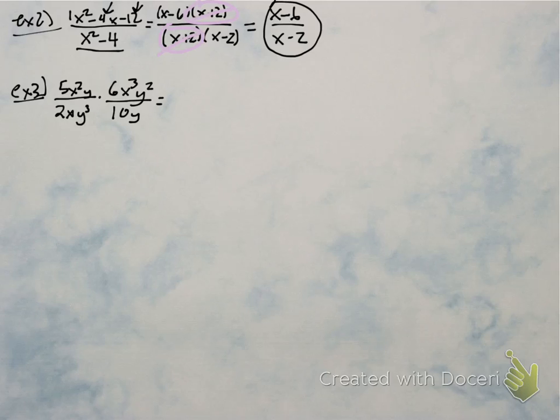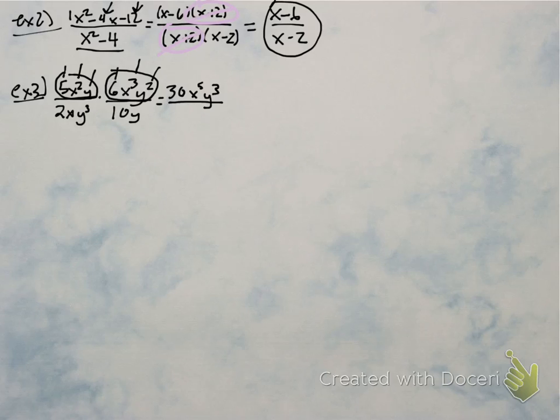What I'm going to do is multiply these expressions together, and whenever you multiply fractions, you multiply top times top, and then we're going to multiply bottom times bottom. Now if I multiply the tops together, I'm going to multiply the 5 times the 6. That's where the 30 will come from. And if I multiply x squared times the x cubed, remember you add the exponents. So in all, I have 5 x's being all multiplied together. So I'm going to write that as x to the 5th. Then I'm going to multiply that y to the y squared, and that'll make a y to the 3rd in